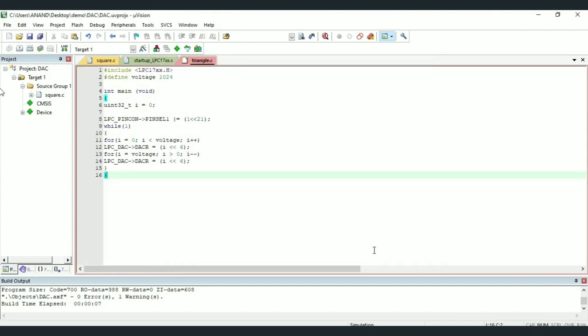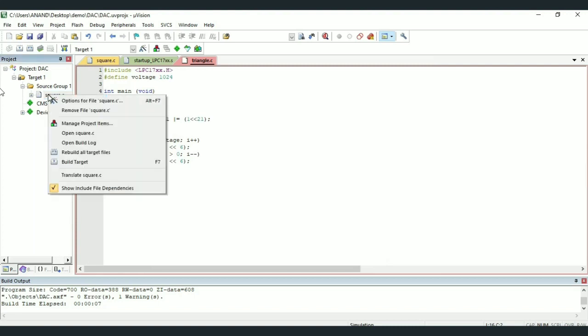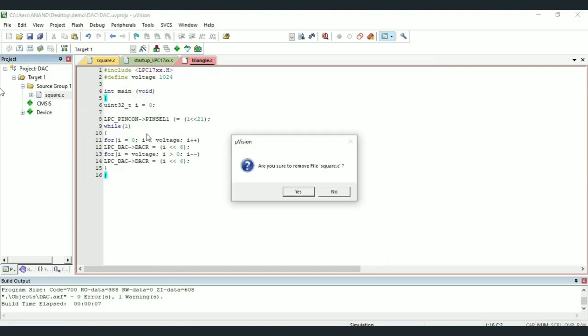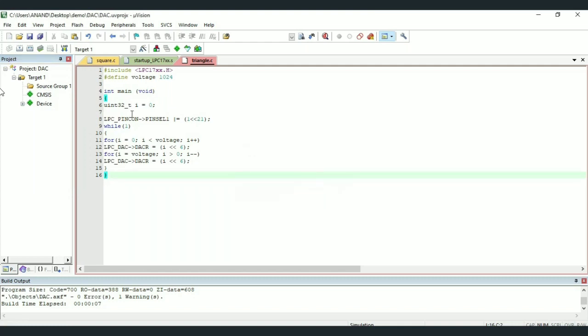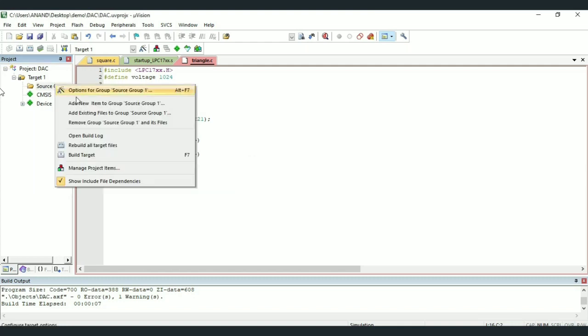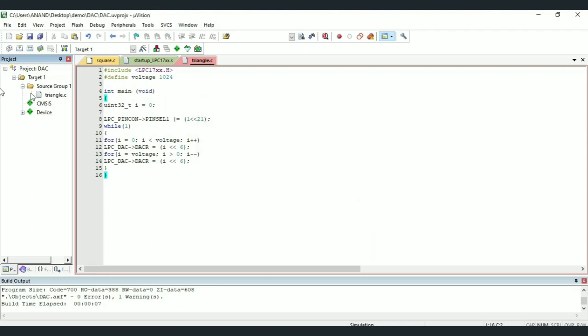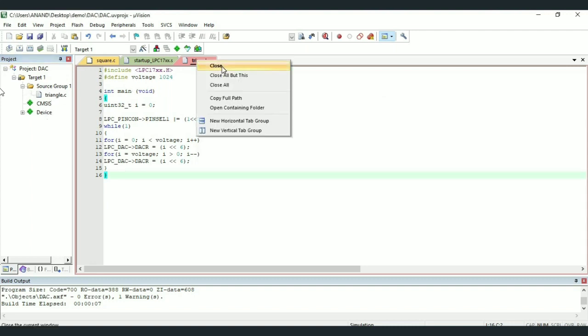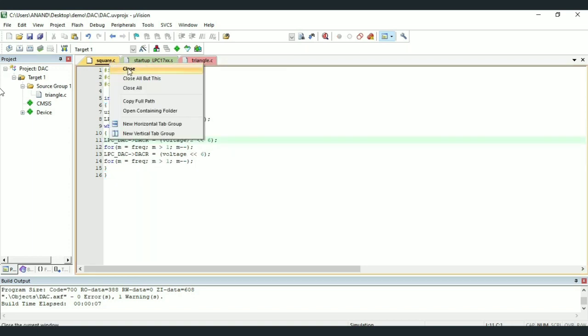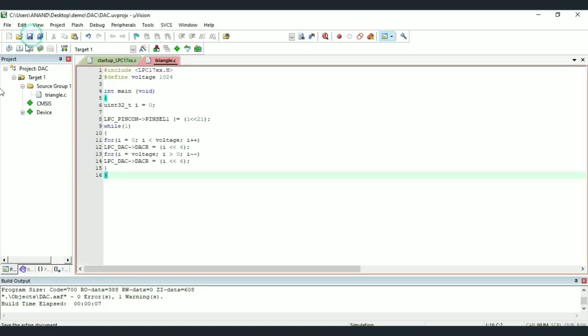So let me remove the file square.c from the source group and add triangle.c file to the source group. Now build the target.